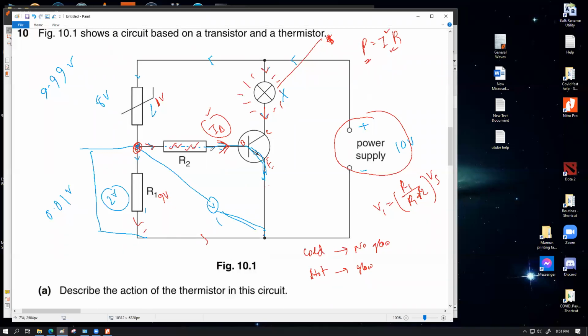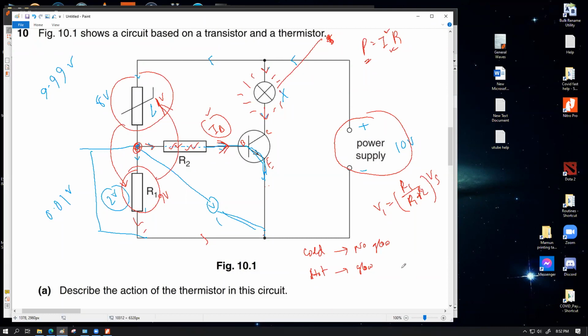Simply we have to change the IB current. So all that we need to do, connect this thing over in this place and connect this thing over in that place. If you flip the position of these two voltage dividers, then your voltage sharing would become simply reversed. So you are simply going to get the opposite factor. So placing the thermistor over at the bottom is going to make at cold environment glow and at hot environment